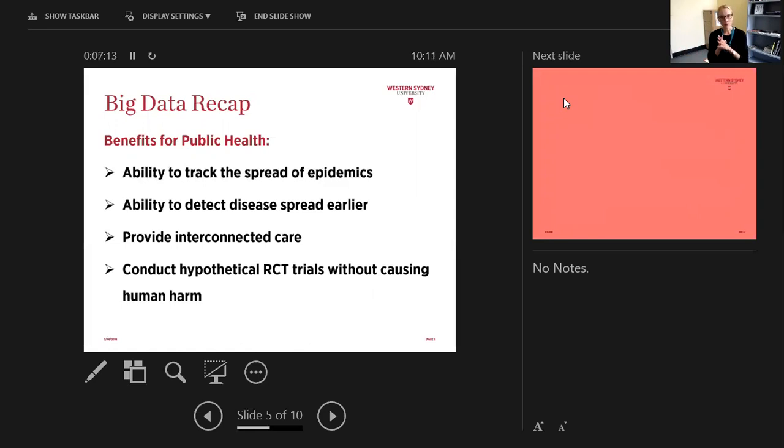So we can basically take all these hypothetical RCTs that we would love to replicate in a population, but it's just simply unethical, like tracking birth defects with Zika, people that have been exposed to Zika. You're not going to conduct an RCT within the population surrounding this issue, but with this big data, we could hypothetically construct an RCT with populations that haven't been exposed and populations that have been exposed,